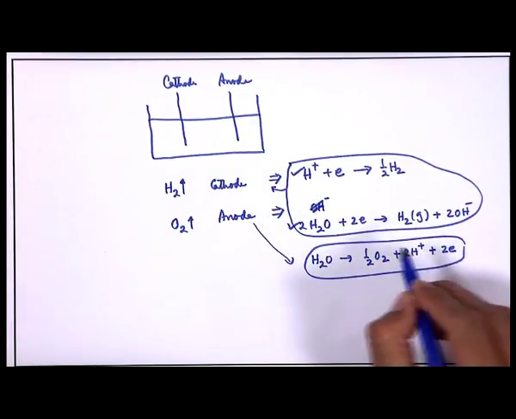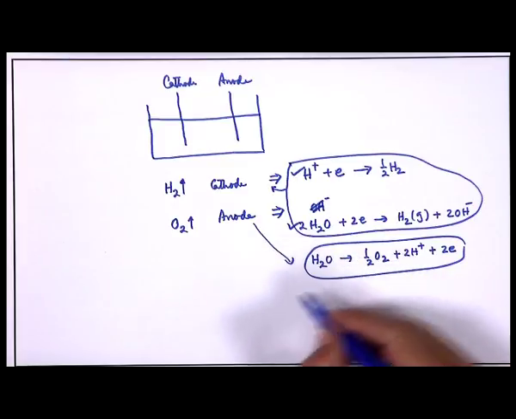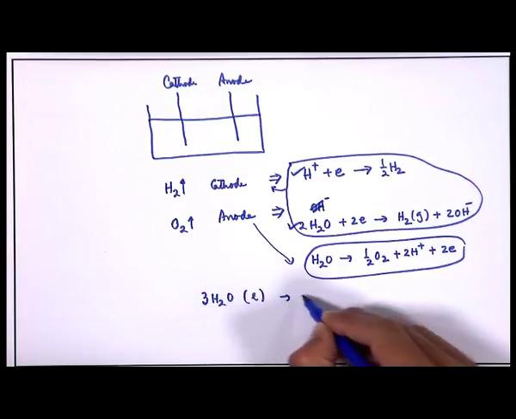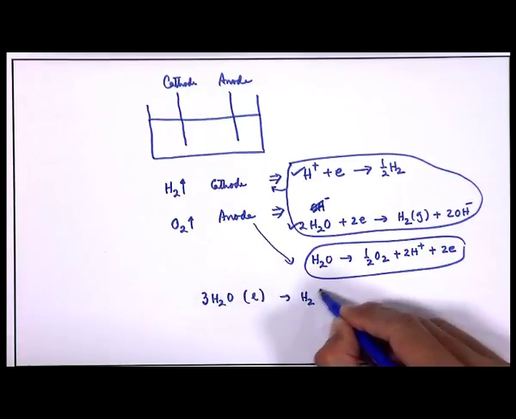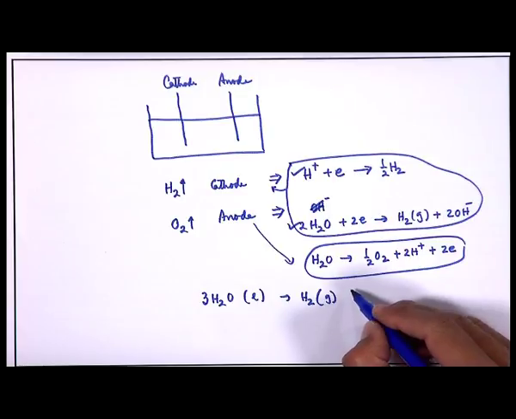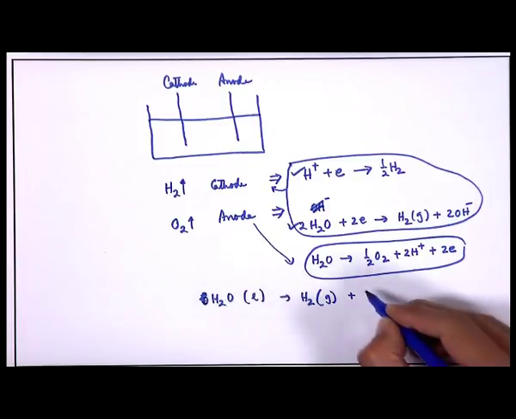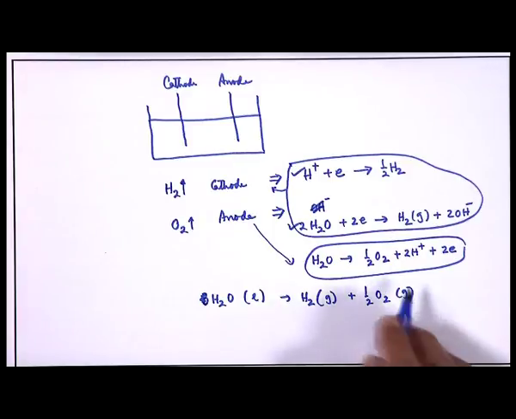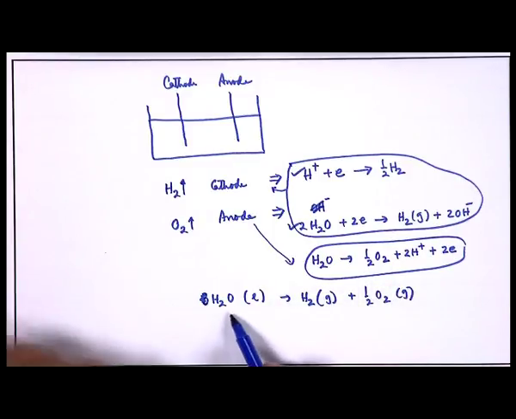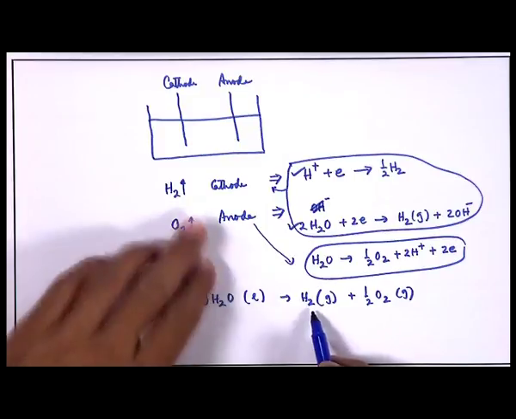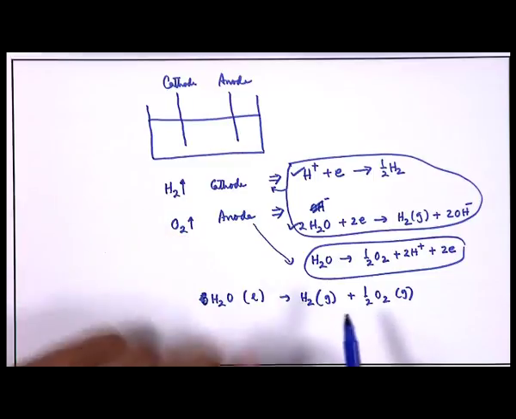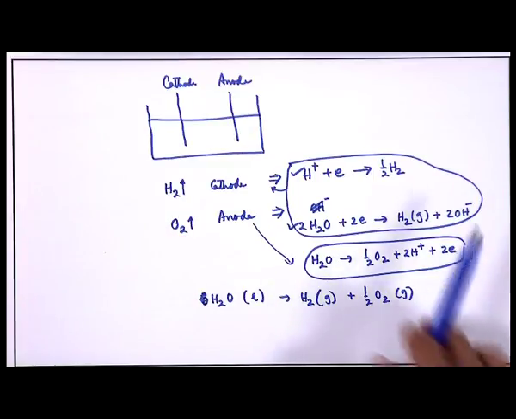So, the net reaction will be H 2O gets you H 2 gas plus half O 2 gas. Okay. So, this is the net electrolysis process, that at your cathode you have hydrogen, at anode you have oxygen. Probably you remember that we have discussed one point while